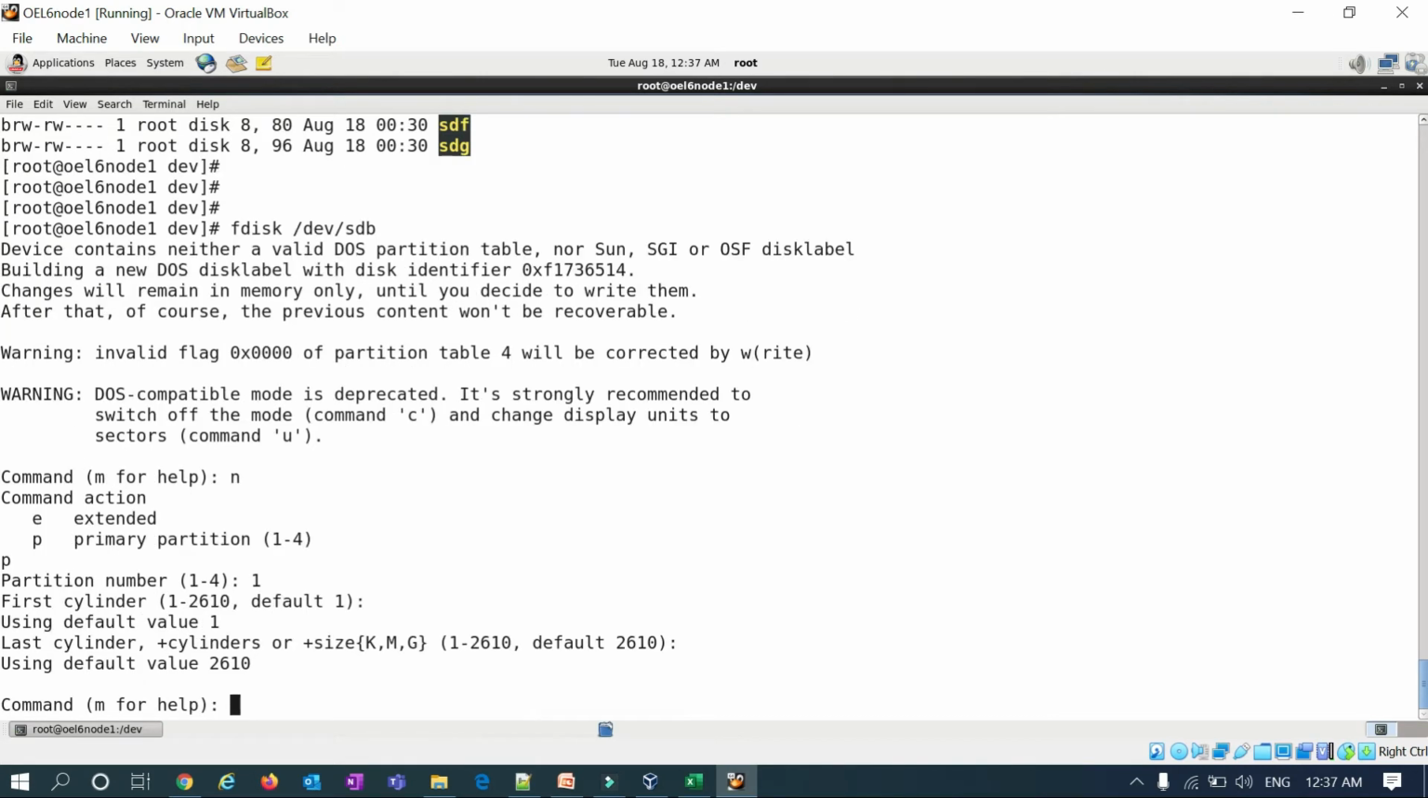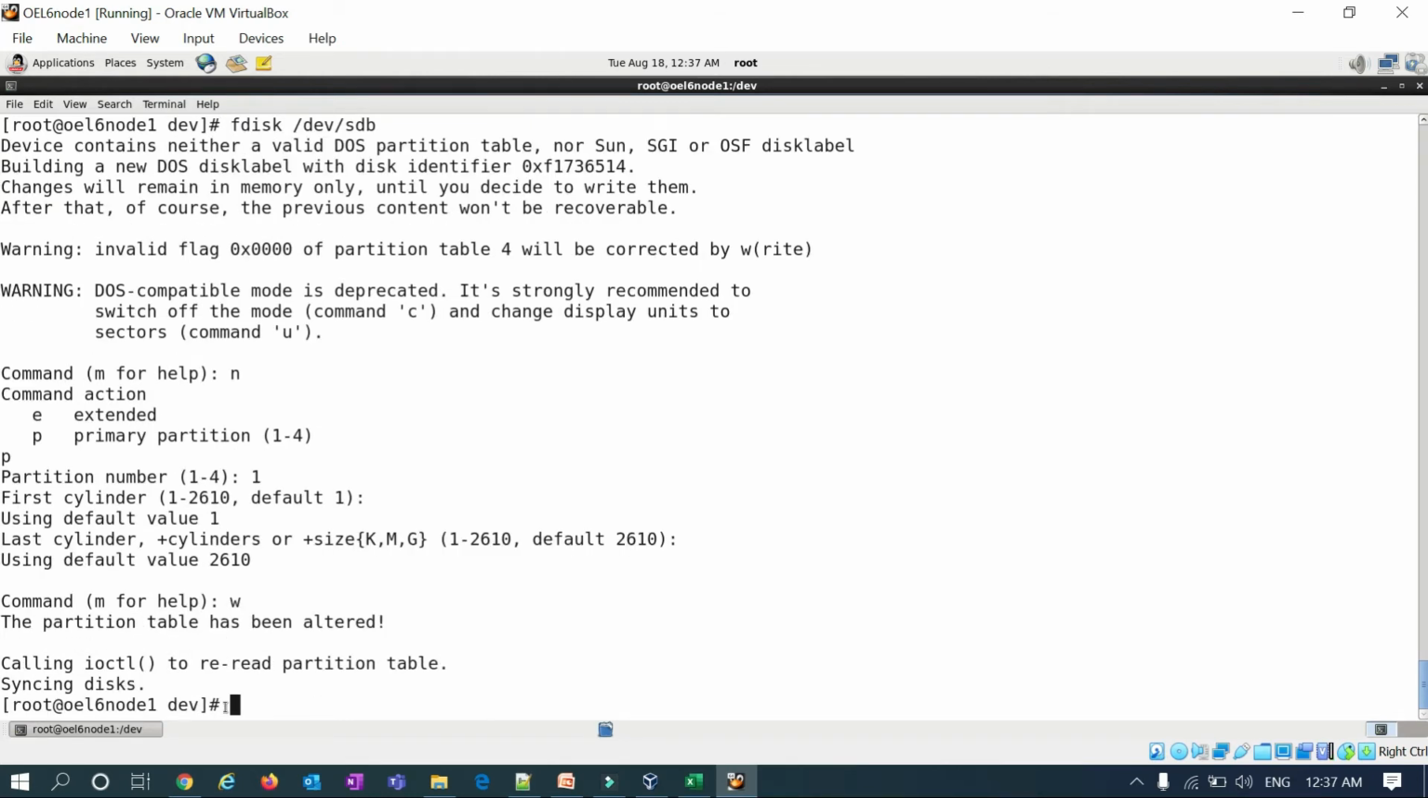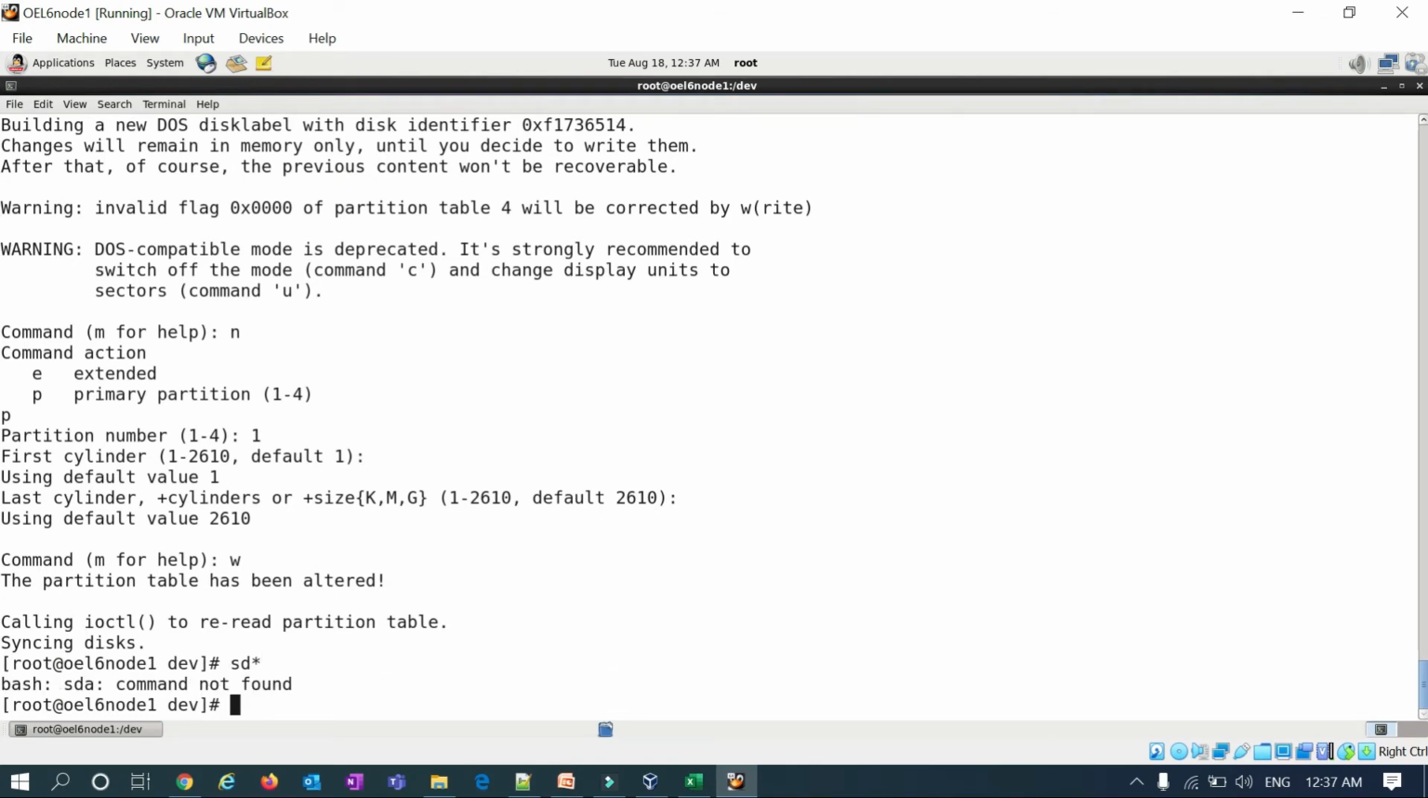I'll just give enter, and then the partition got created. To save the partition, you have to mention w is for save. So partition is created. So similarly, if you do now ll sd star, if you can see here,